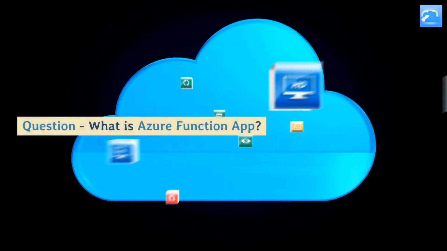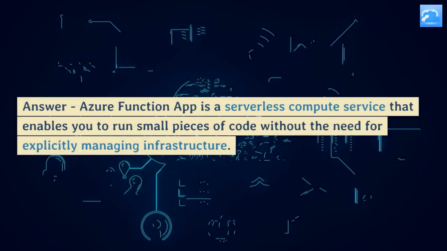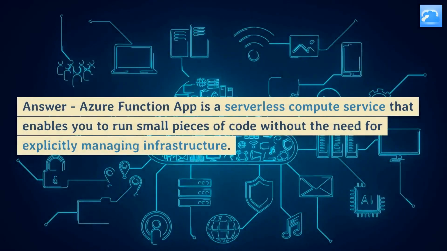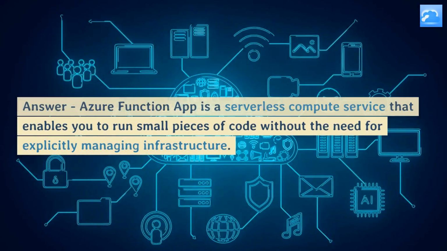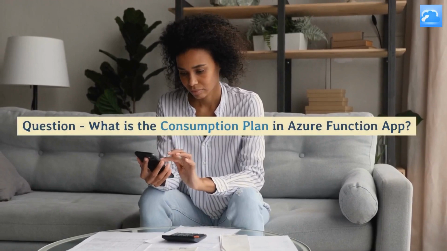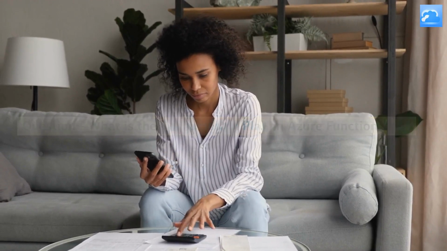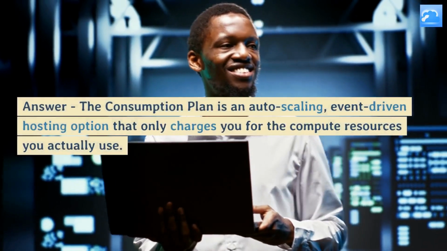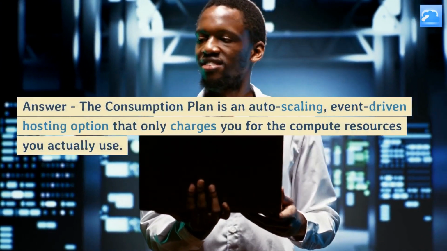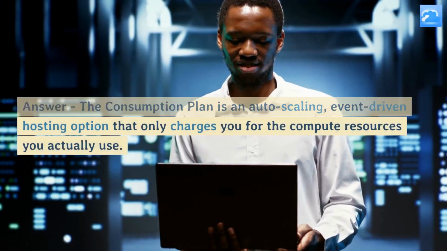Question: what is Azure Function App? Answer: Azure Function App is a serverless compute service that enables you to run small pieces of code without the need for explicitly managing infrastructure. Question: what is the consumption plan in Azure Function App? Answer: the consumption plan is an auto-scaling, event-driven hosting option that only charges you for the compute resources you actually